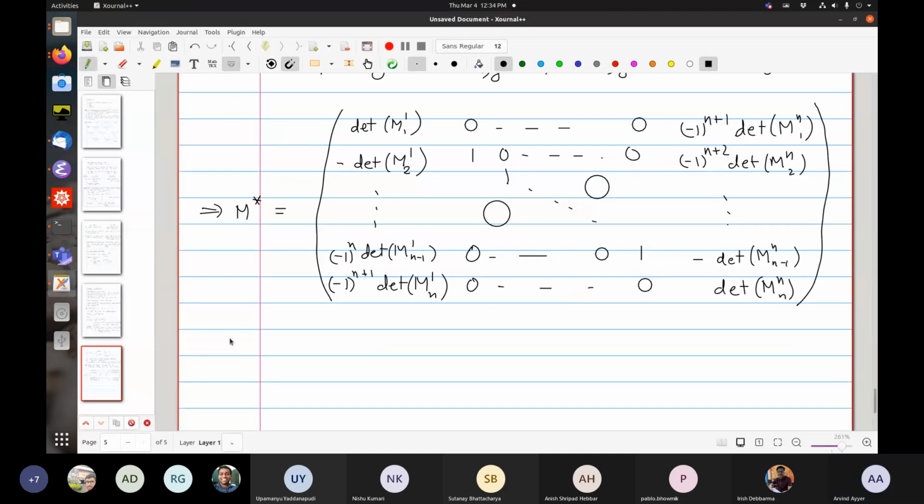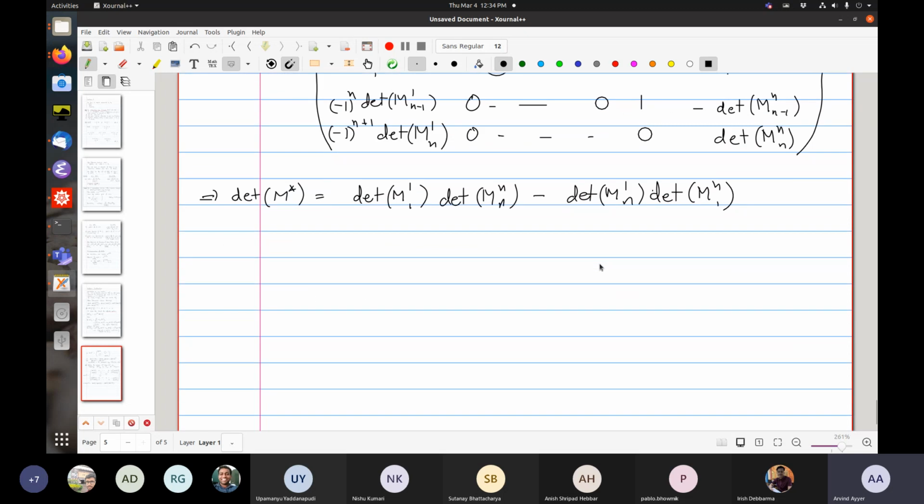Okay. So now let's compute the determinant. This is kind of easy to compute because there's a big fat identity block sitting downstairs. So if I expand over here, then there are only 2 contributions. So I get determinant of M11 and determinant of Mnn from these 2. I only have to look at this 2 by 2 block containing the first and the last entries. And I have minus 1 to the n plus 1 on both sides, so that will cancel. And I have this extra minus, so determinant M1n. Okay?